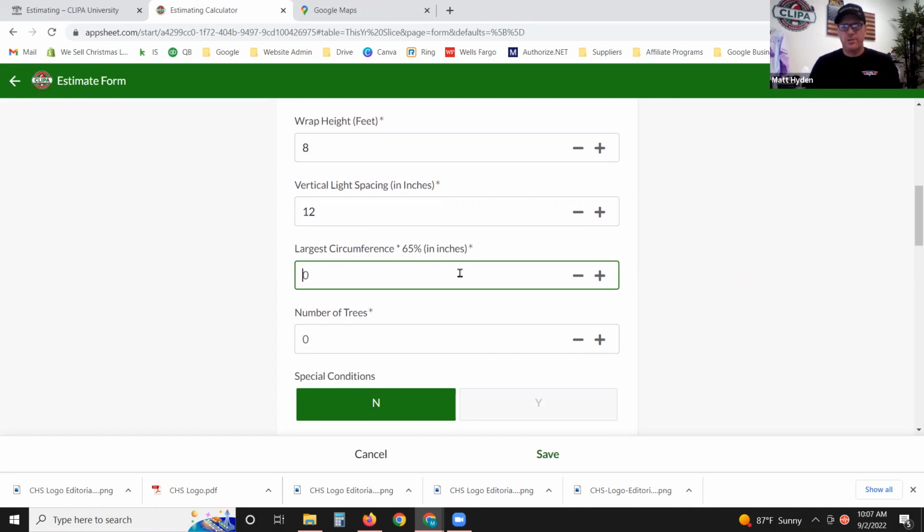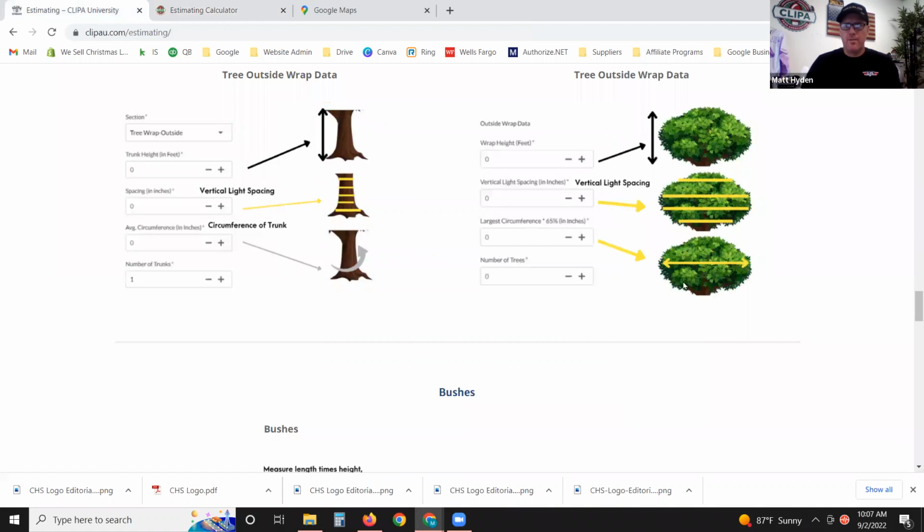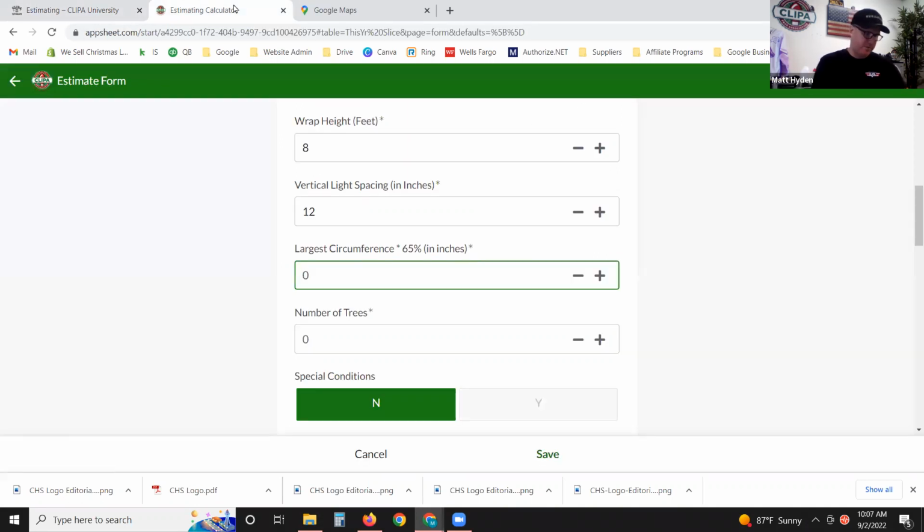And then what is my largest circumference? The reason we take the largest circumference times 0.65, and you've got to put it in inches, so you've got to do some math here, is because if you look at this tree, I'm going to use a lot less lights down in this section and also in the top versus here. So we're going to measure all the way around this tree. What is my circumference around this tree? Okay, so let's say my circumference turns out to be,